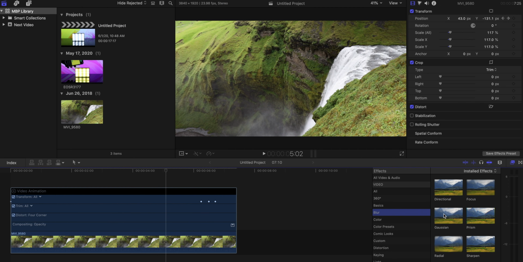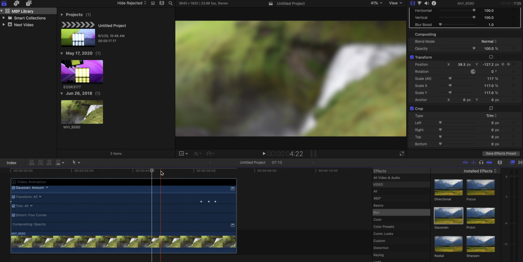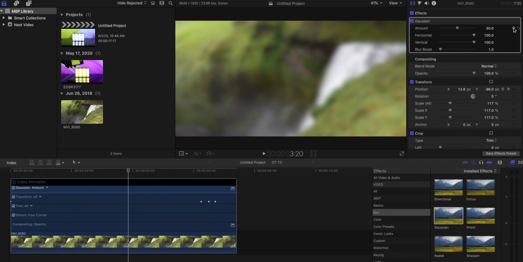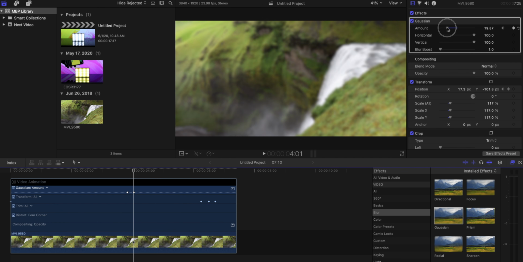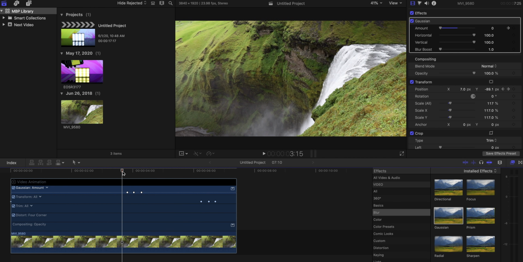If you want to put an effect on a layer, like if I added a blur to this, but I don't want it to be blurry the whole time, I can use keyframes, and basically right here I can add a keyframe at 0. Here I could add a keyframe to however much blur I want, and here I can add a keyframe back to 0, and now Final Cut is going to